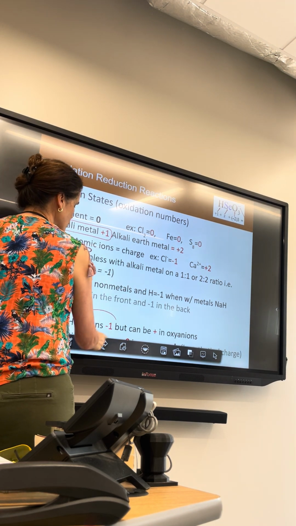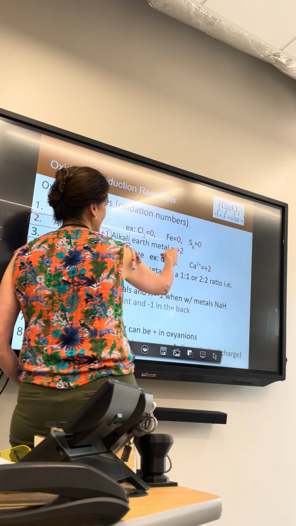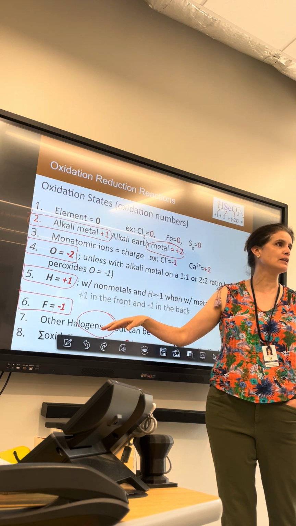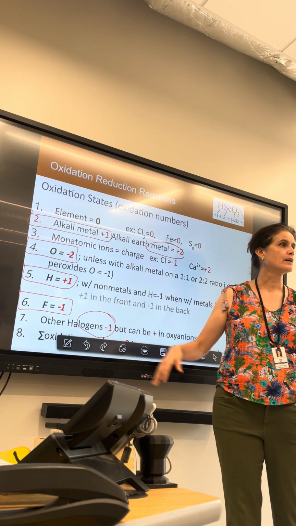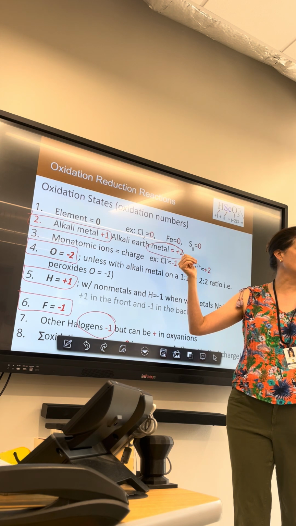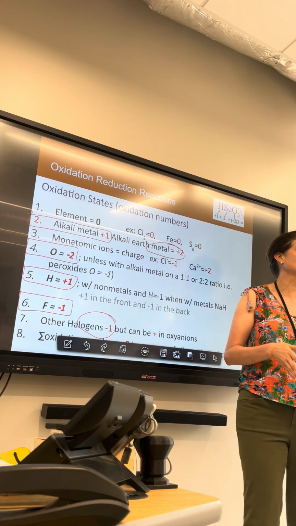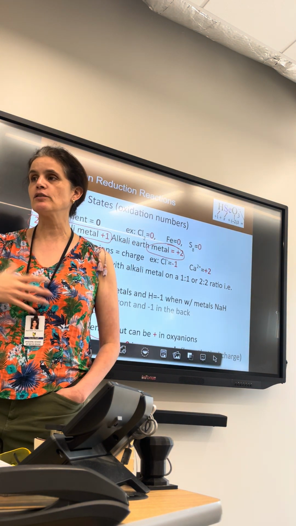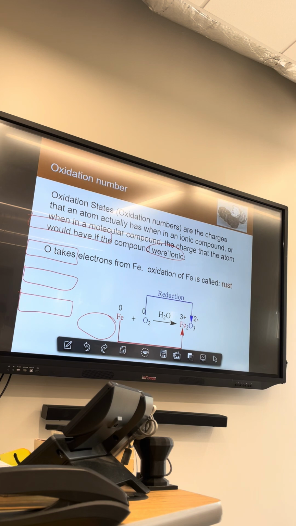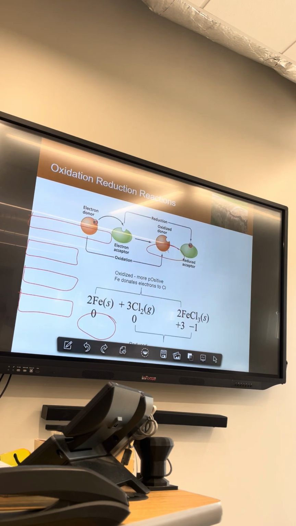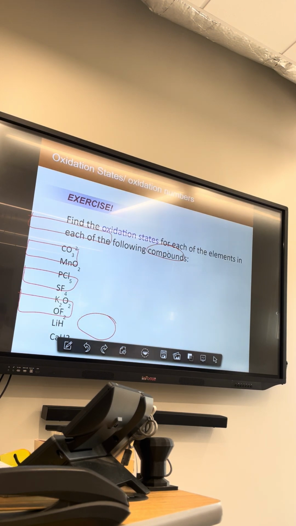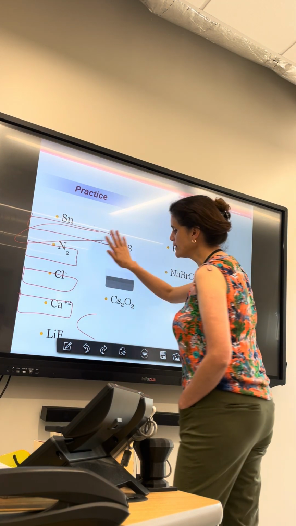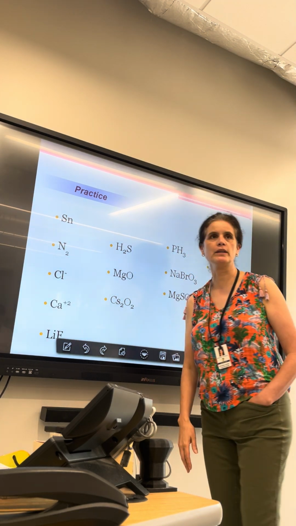Then halogens are usually -1, and alkaline earth metals are usually +2. So if none of these are present but you have a halogen, then the halogen will take precedence, or the alkaline earth metal will take precedence, because they're usually -1 and usually +2. I've never seen this one be anything other than +2, but I know it's not written like that in any rules. So maybe there is one that I don't know out there, probably. So, a little bit more practice so that you get a little bit more comfortable with this.